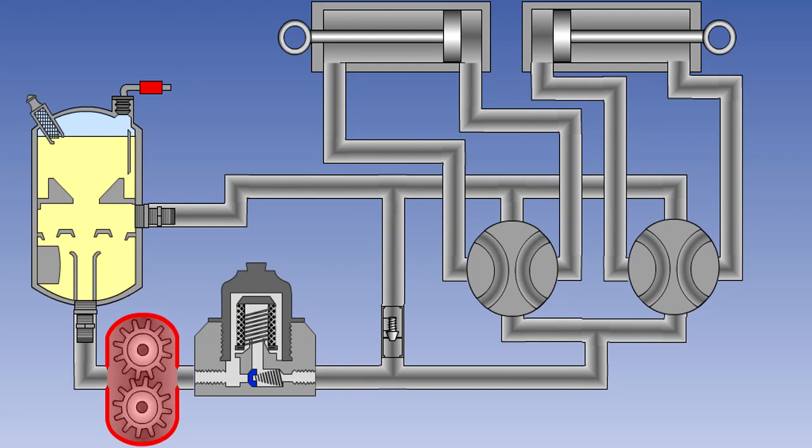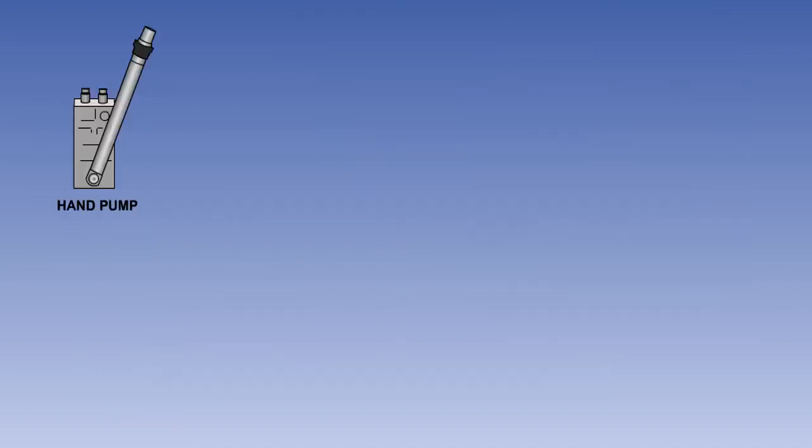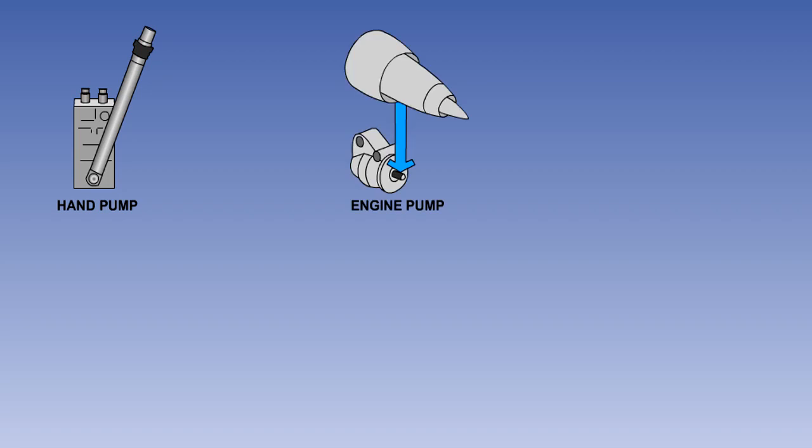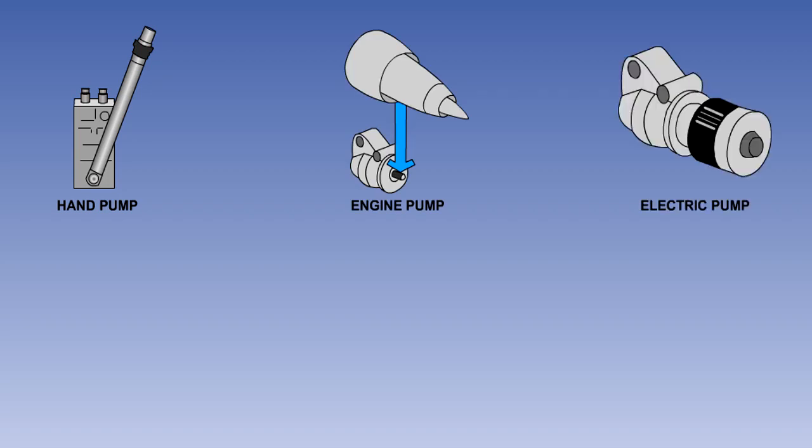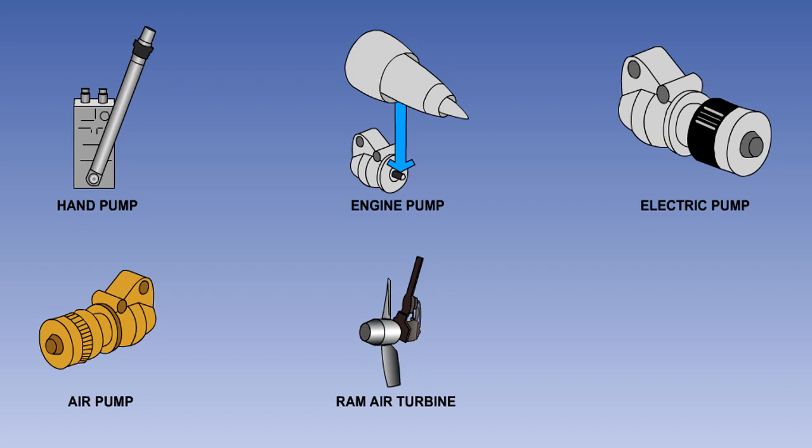In this lesson, we will look at the various types of pumps used in aircraft hydraulic systems. Pumps are used to draw oil from the reservoir and deliver a supply of fluid to the system. Pumps may be hand-operated, engine-driven (EDP), electric motor-driven, pneumatically operated (ATM), driven from a ram air turbine or RAT, or